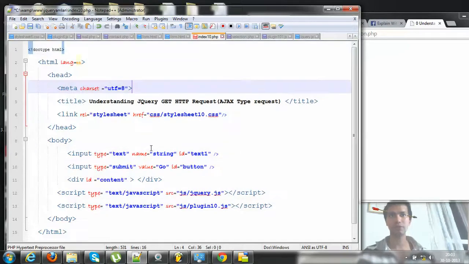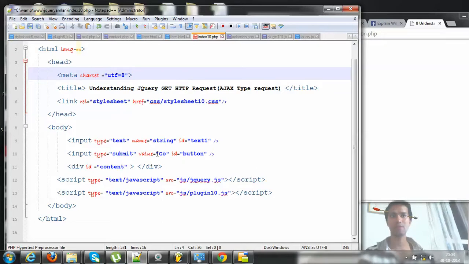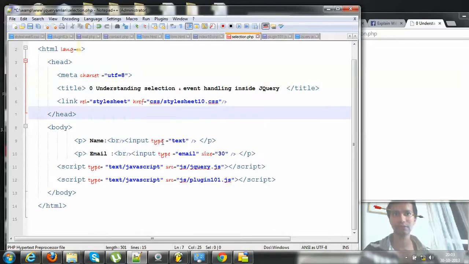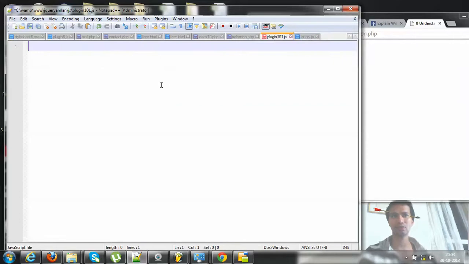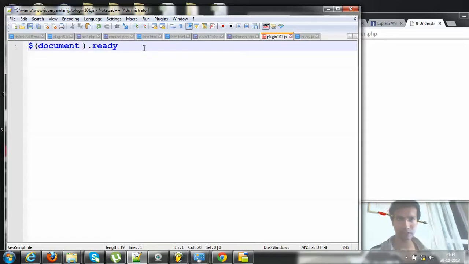This is my page markup, wherein I have defined two different types of elements: a text type input element and an email type input element. So let me try and attack those markups. First, I will be selecting the entire document. The way to select anything inside jQuery is a $ sign followed by rounded brackets, and then you can just write document. This means the document will be getting ready.